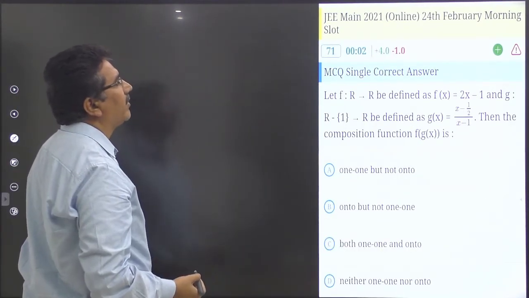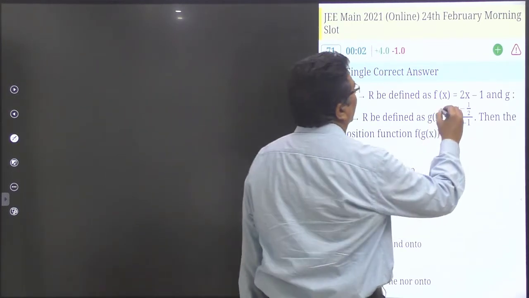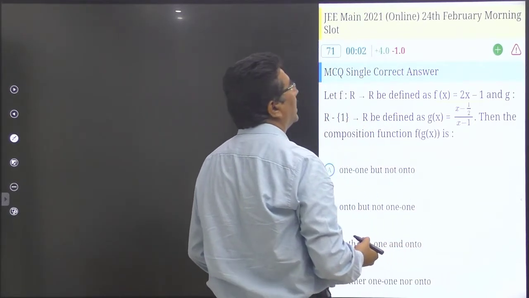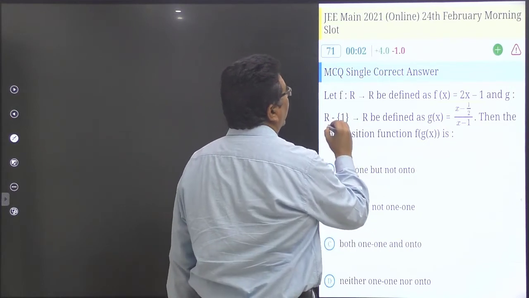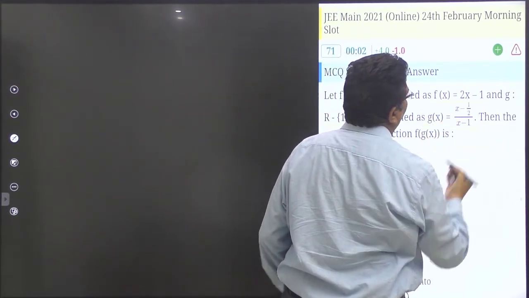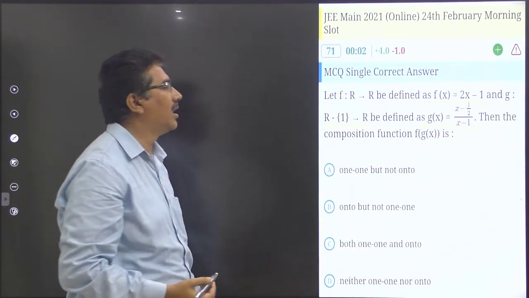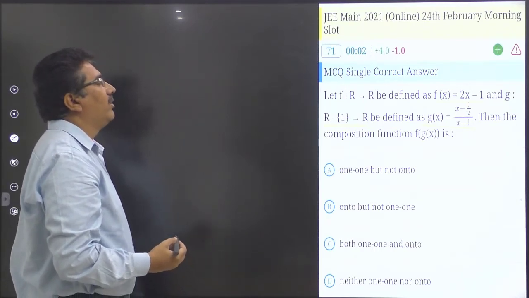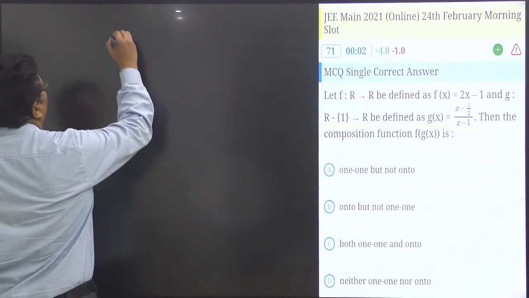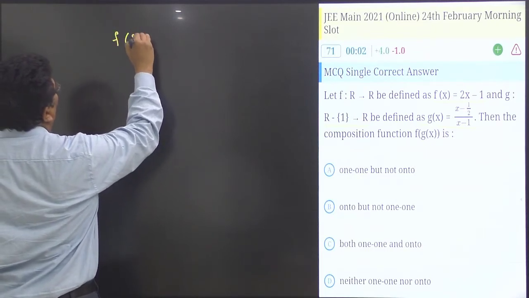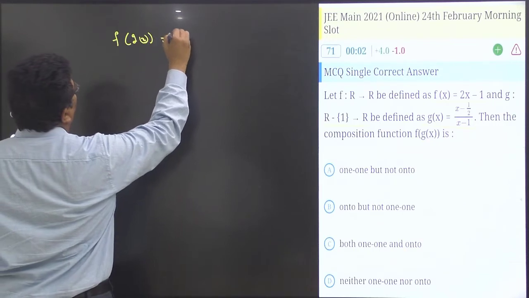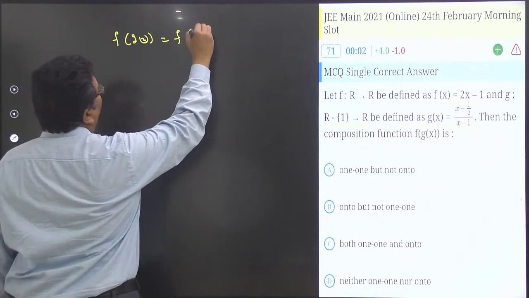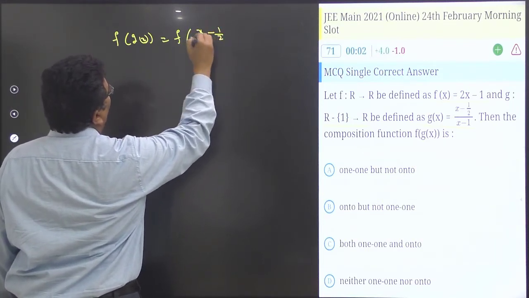Let f be a mapping from R to R defined by f of x is a linear function, that is 2x minus 1, and g a mapping from R minus 1 to R defined by g of x is like this. Then the composition function f of g of x is, right? First we find f of g of x. Here g of x is equal to x minus 1 by 2 divided by x minus 1 by 2